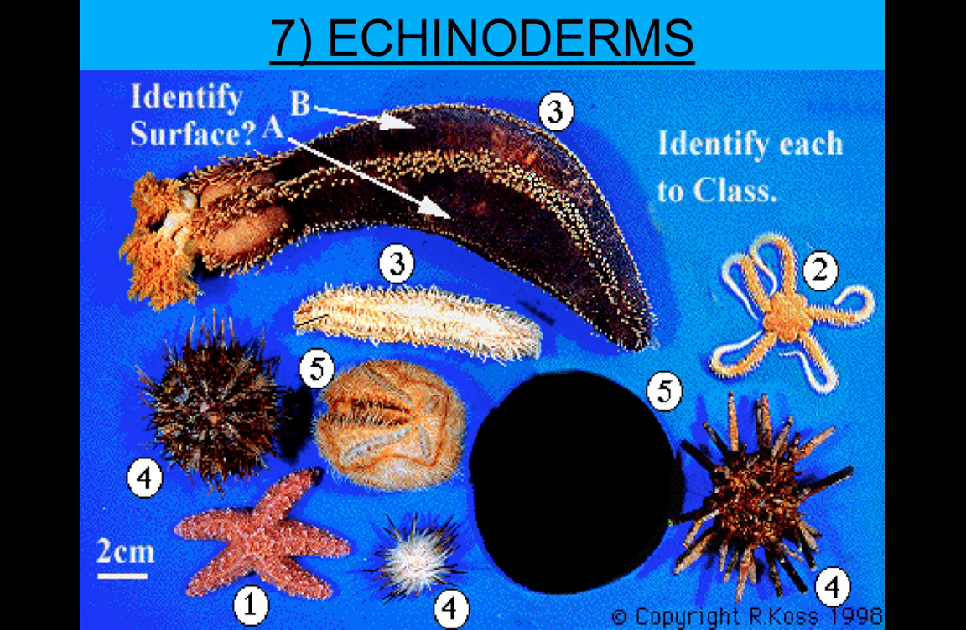All right, so the next category or phylum of invertebrates that we're going to go over would include echinoderms, and let's take a look at what we got here. So number one, we have a sea star. Number two is a brittle star. The number threes, hold on, are